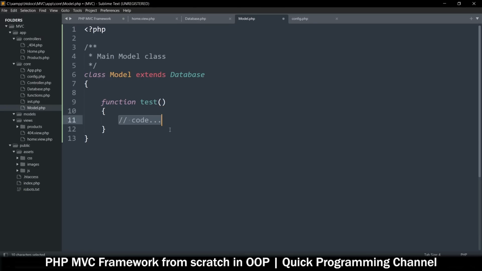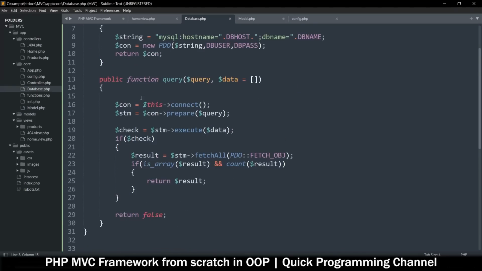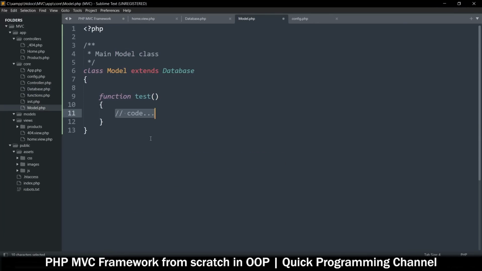And in here, because it extends database, it means everything in database I can use. So I can run this query function. If I want, right there, I can run a query by just typing query is equal to select all from users. Now there is no users table,